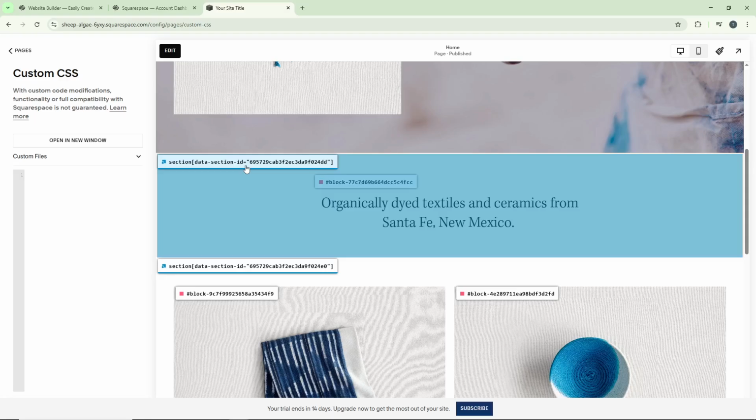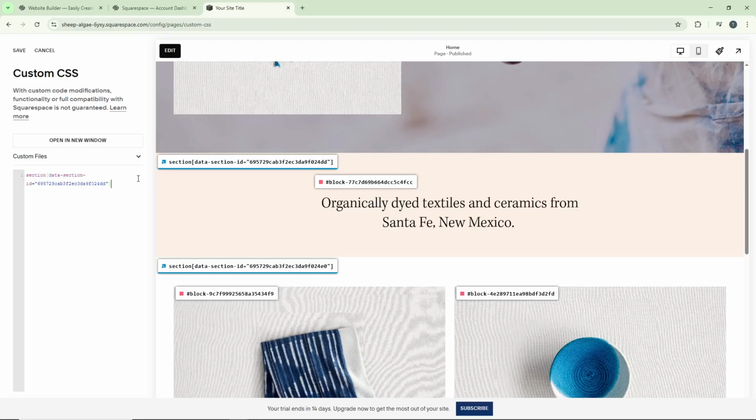Now return to the custom CSS field in Squarespace and paste that section ID. Immediately after the ID, add an opening curly bracket and a closing curly bracket. These brackets will contain the styling rule we're about to add. Inside those curly brackets, type display: none;